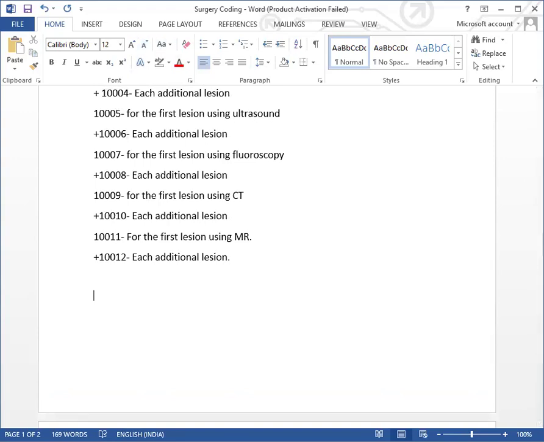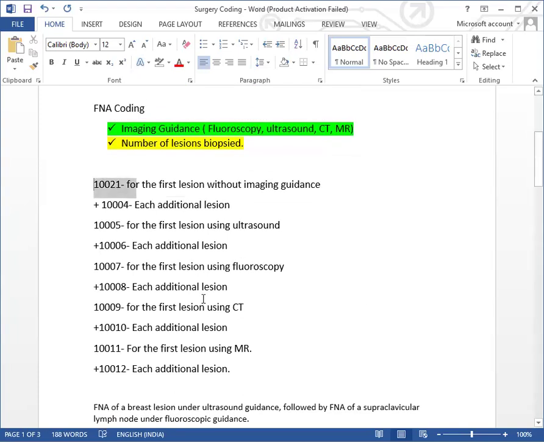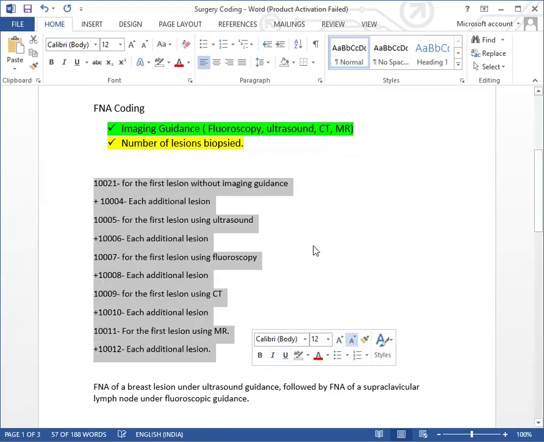So if you see an example, they have performed FNA of a breast lesion under ultrasound guidance, followed by FNA of a supraclavicular lymph node under fluoroscopic guidance. So if you observe this guideline, what I told you, the first step you need to identify whether